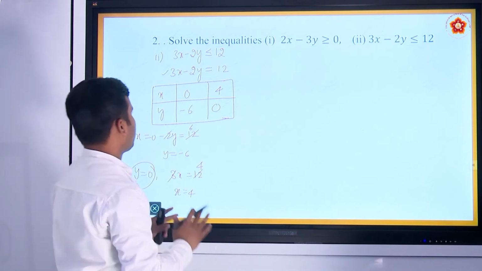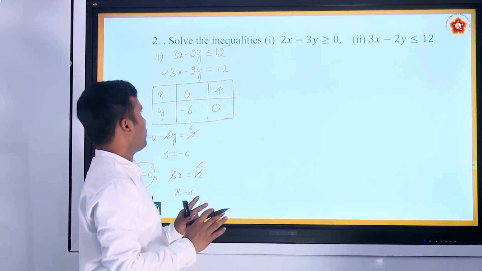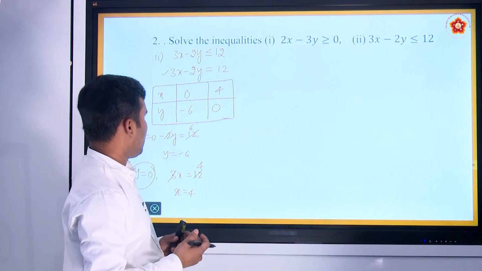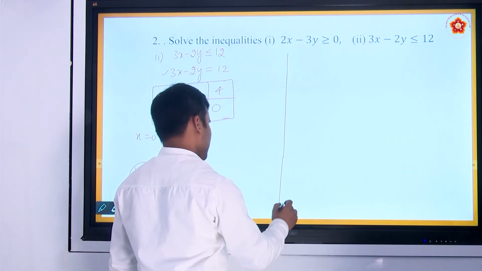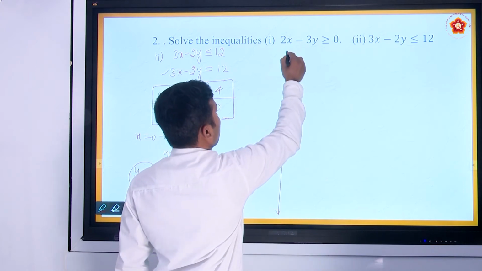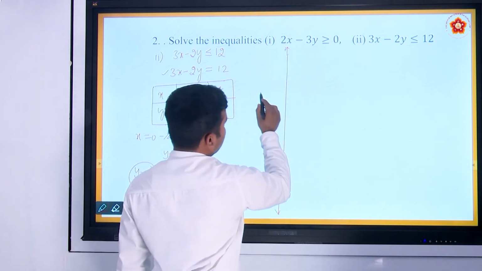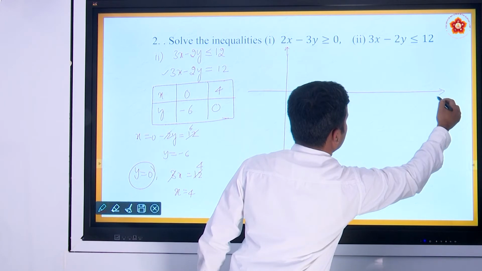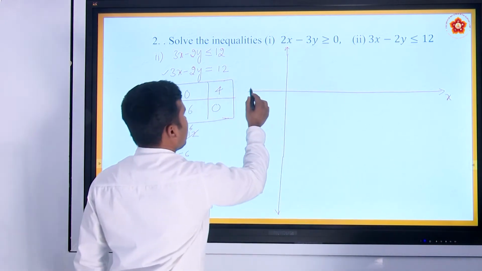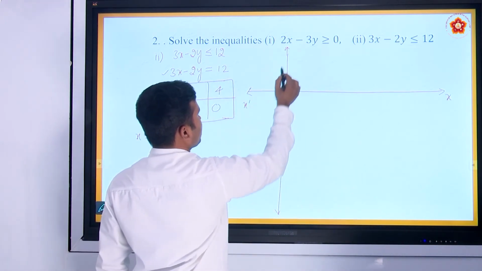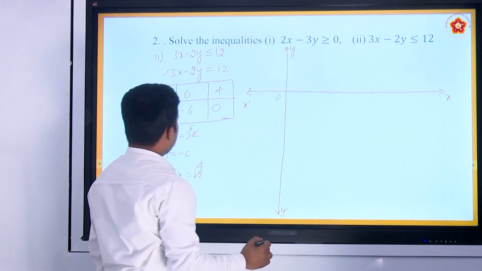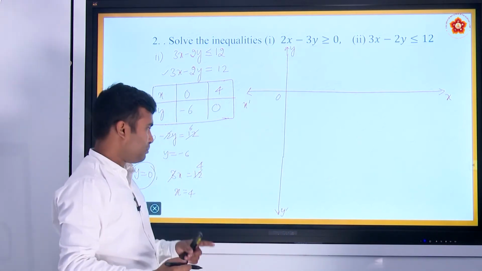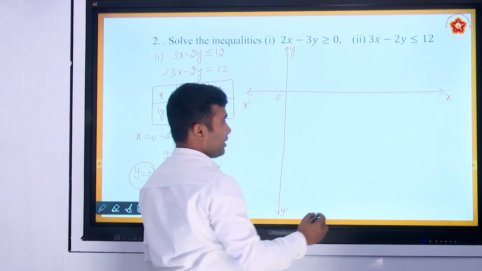Okay. So now represent 0, minus 6 and 4, 0 in the xy plane. So let us represent that. X dash, origin, y dash. Here the minimum value for y is minus 6. So you may take a scale as